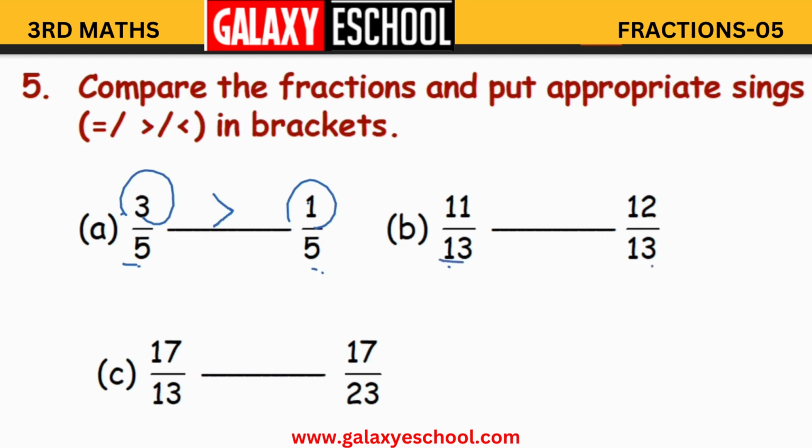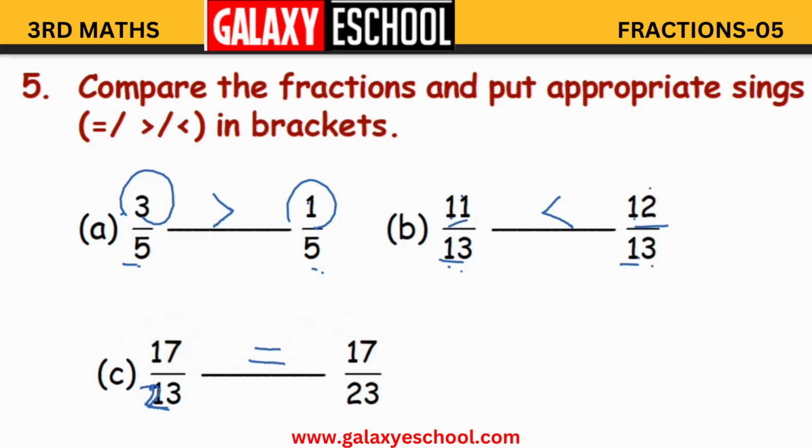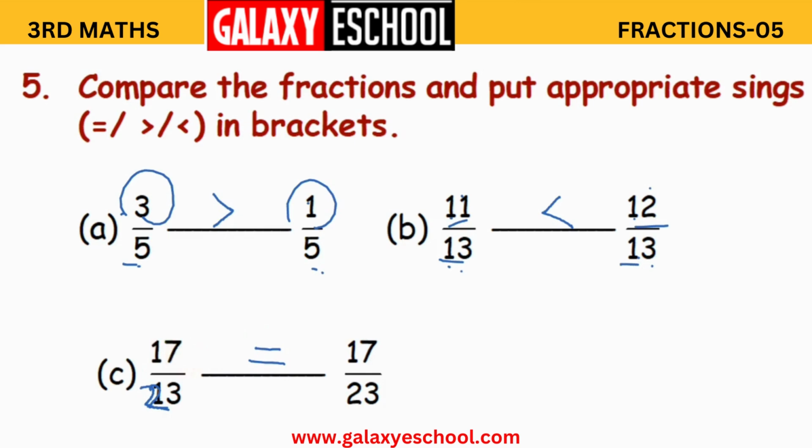Next, 11 by 13 and 12 by 13. Again the denominators are same. So comparing the numerators, 11 and 12. 11 is less than 12. So 11 by 13 is less than 12 by 13. Next, 17 by 23 and 17 by 23. Now these two are equal. Yes or no? Both the numerators and denominators are same. So 17 by 23 is equal